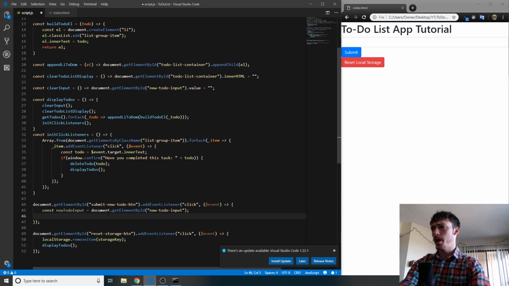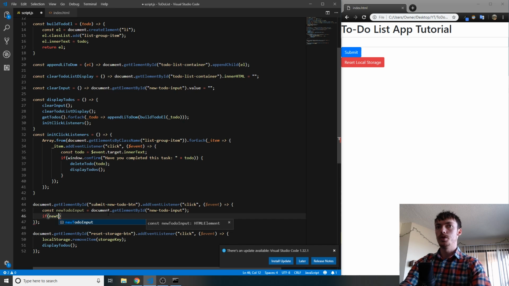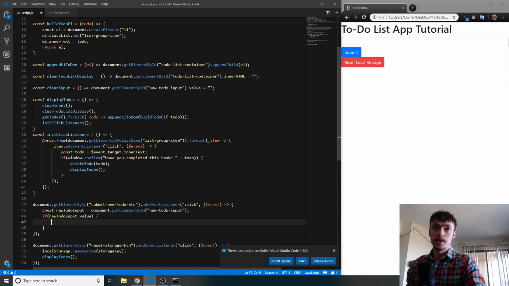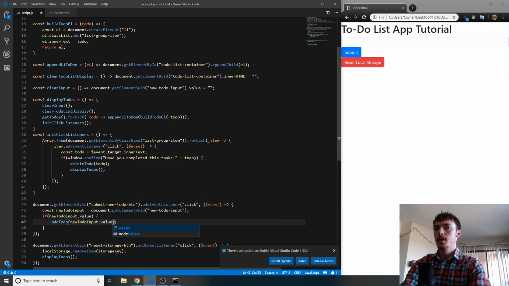So now we're going to want to go ahead and grab the text from that. But first we're going to say if newTodoInput.value. So if it's not an empty string or null, because remember truthy and falsy values from earlier. If this is an empty string or if this is null or something, we don't want to run whatever's inside of here. So first we'll check to make sure the value exists, and if it does, we'll go ahead and run the addTodo function, and we'll pass in newTodoInput.value, so the text inside of